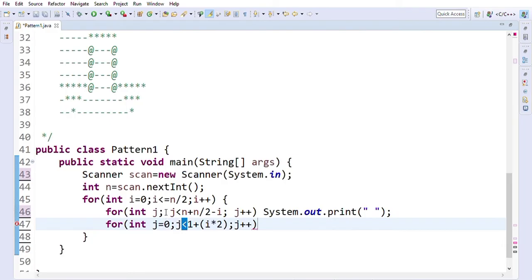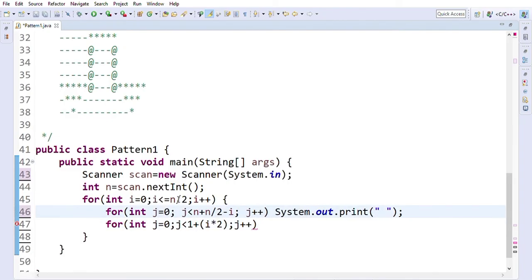If we start our iteration from j equal to 1, we can put the equal sign here. We have to initialize here with 0. So 1 plus I into 2. The first time it will print 1 time, the second time 3 times, then 5 times and so on up to n by 2 times.